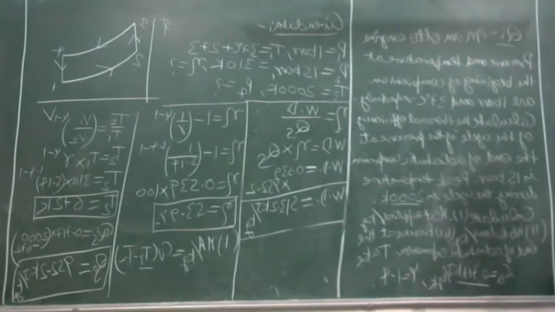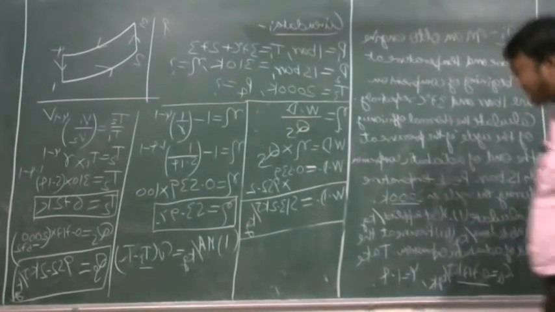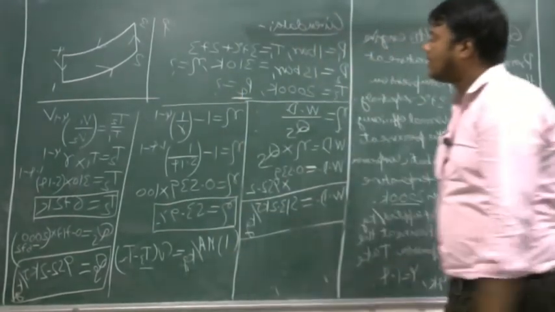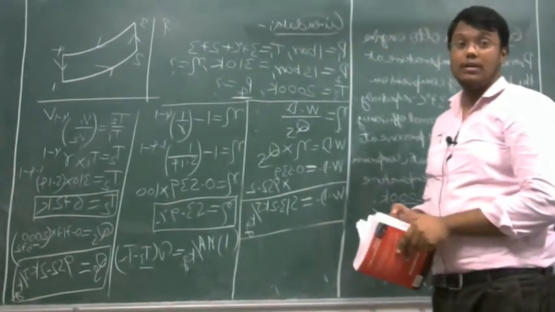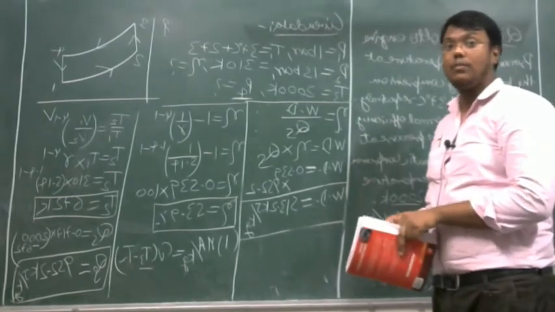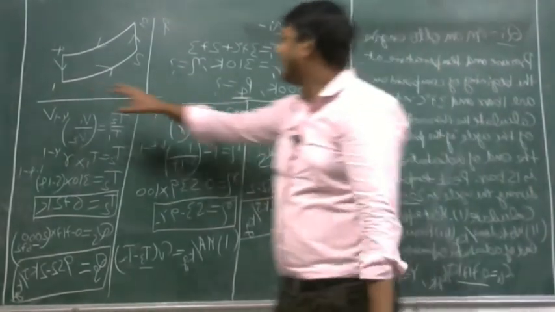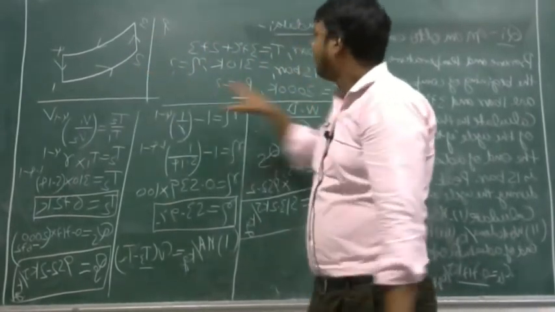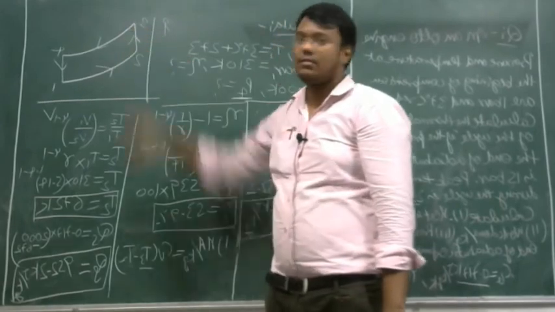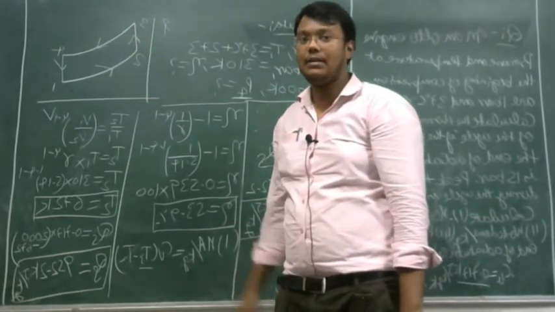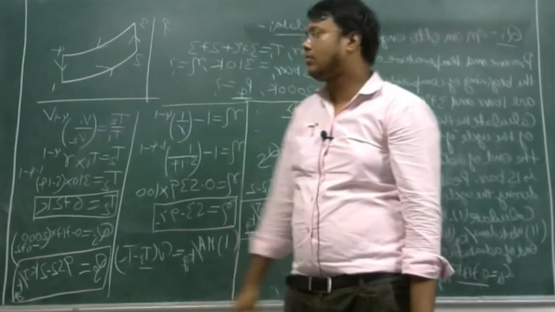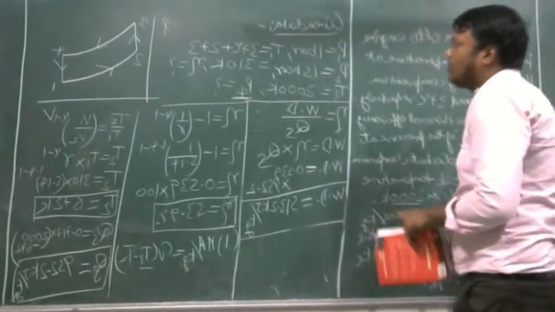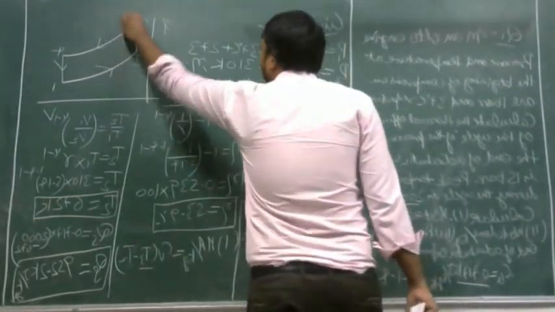Now we need to calculate the value of pressure at the end of adiabatic expansion, P4. First we need to know at which points we know the value of pressure. We know the pressure at point 1 and at point 2, but we don't know the pressure at point 3. So first we need to evaluate the pressure at point 3, then we will go for pressure at point 4. To calculate the pressure at point 3, we need to go through process 2 to 3.